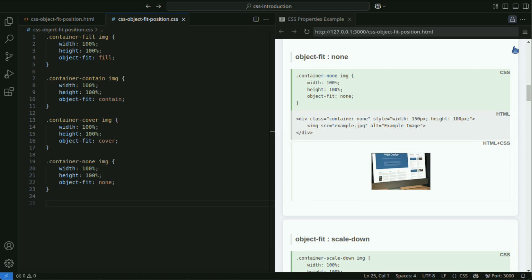None displays images or videos in their original size and aspect ratio. It does not adjust to fit the size of the parent element, and content overflows if necessary.